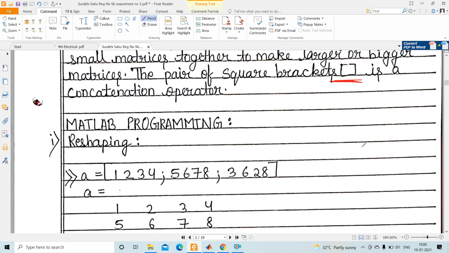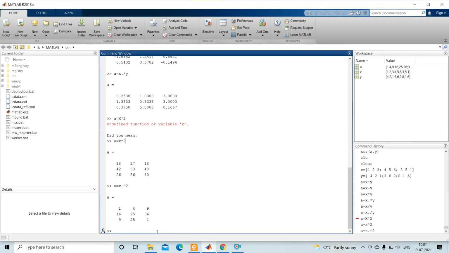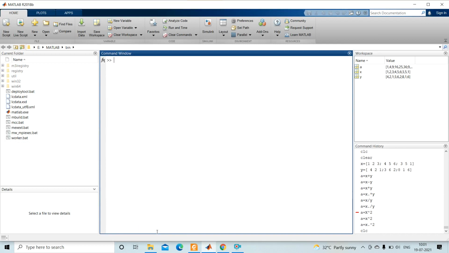So let's see everything in programming. First of all we will see reshaping. I will write clc. I need to change x, so I will also write clear. So see, I am creating a new x matrix.